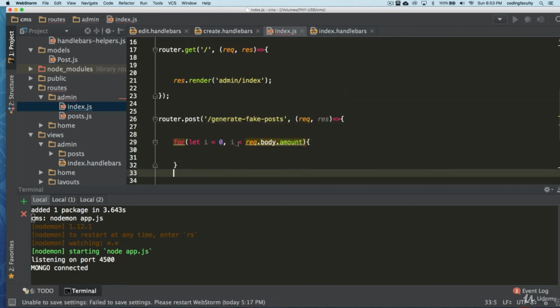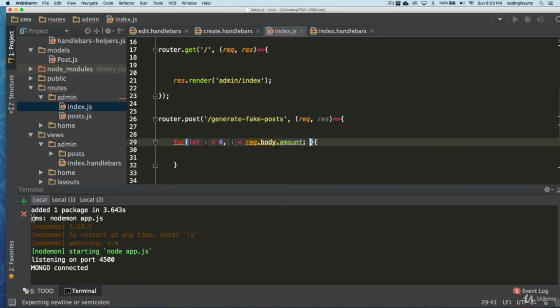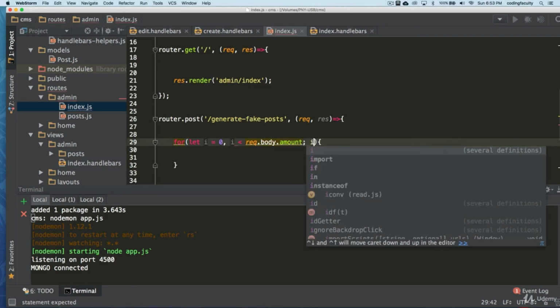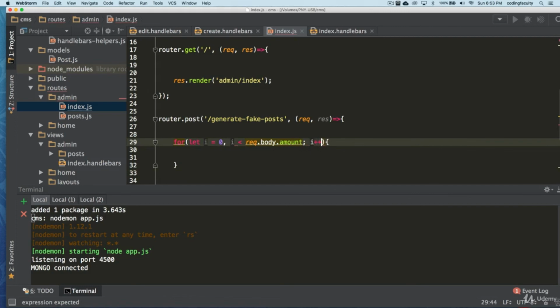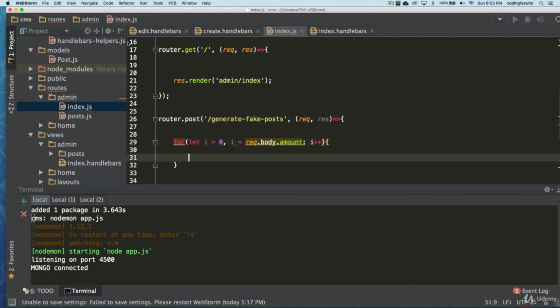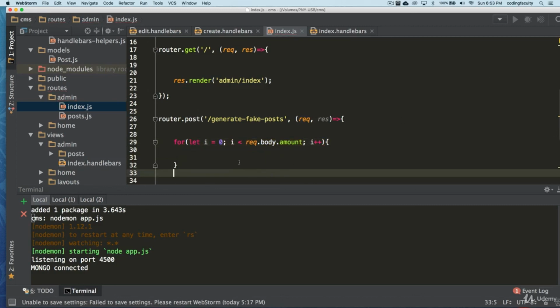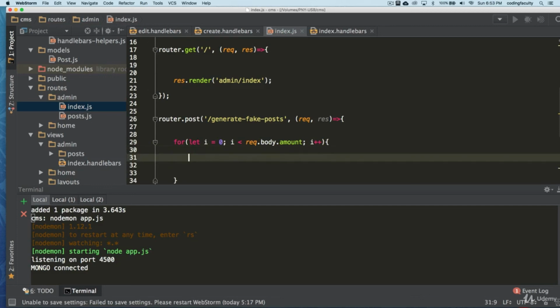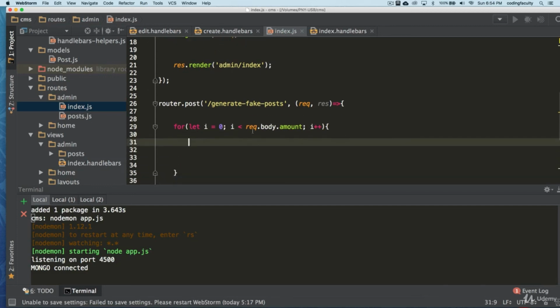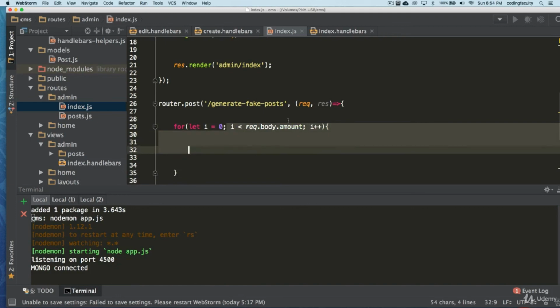Okay, and we increment i. And it's a semicolon there. Good. Okay, so inside this loop here, we are going to be doing stuff as long as i is smaller than this amount.